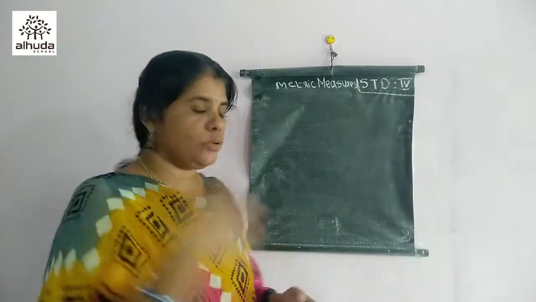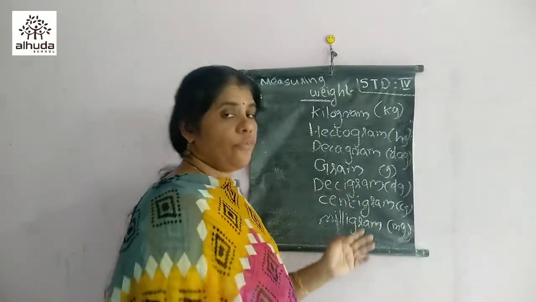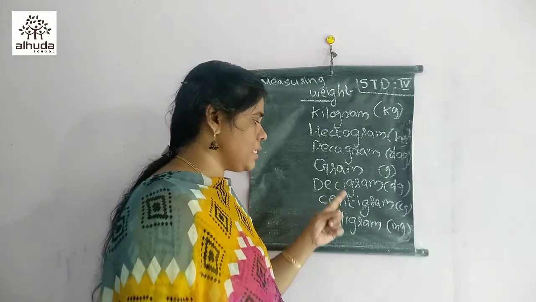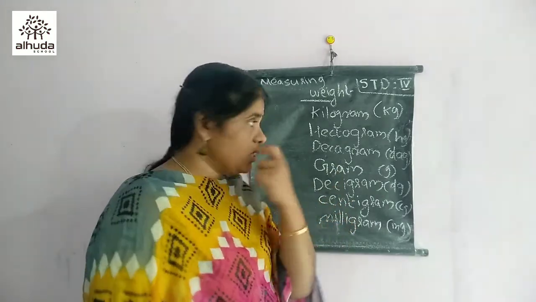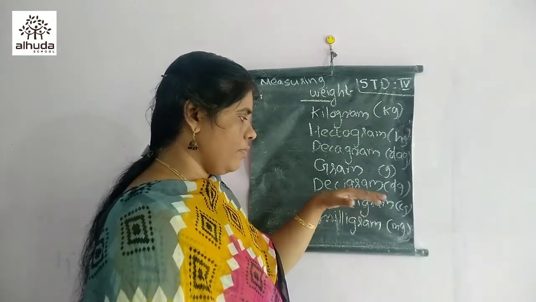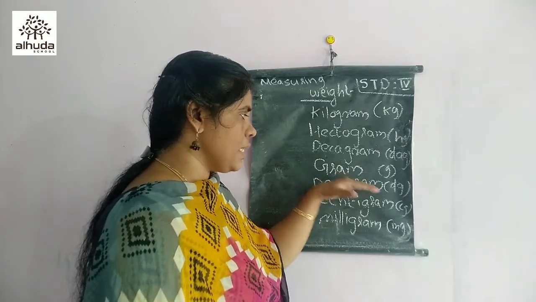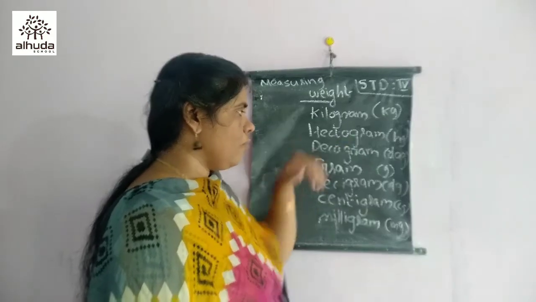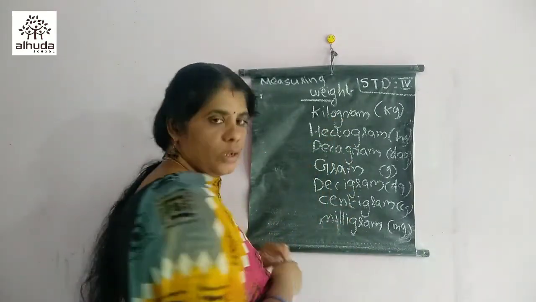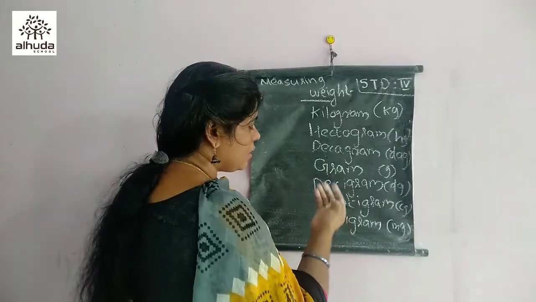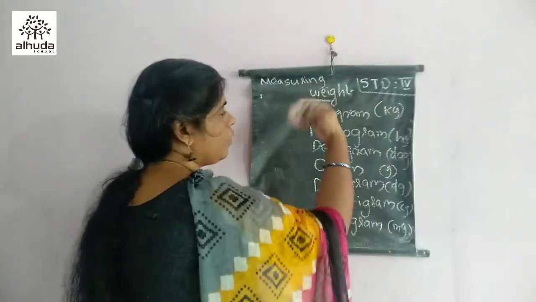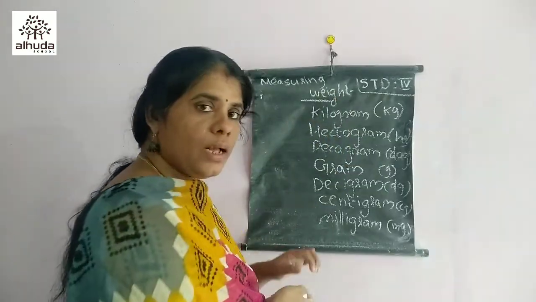Measuring weight. So which are the units coming in that? So these are the different units of weight. Kilogram is the highest. Kilogram, hectogram, decagram, gram, decigram, centigram and milligram. So 10 steps moving upwards. Then 10 milligram is 1 centigram. 10 centigram is 1 decigram. 10 decigram is 1 gram. 10 gram is 1 decagram. Like that it goes. Okay. So this is a smaller unit and this is the higher unit. If we want to convert the smaller unit to higher unit, we should do the division. If we want to convert higher unit to smaller unit, we are doing the multiplication.